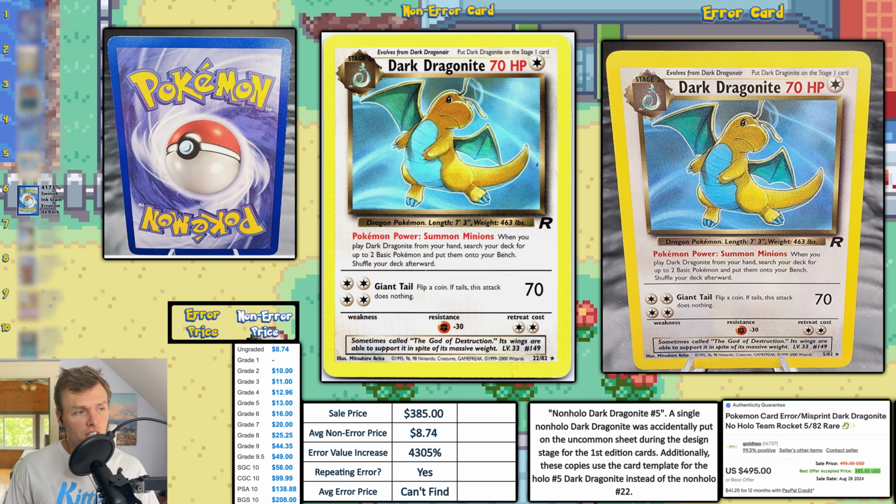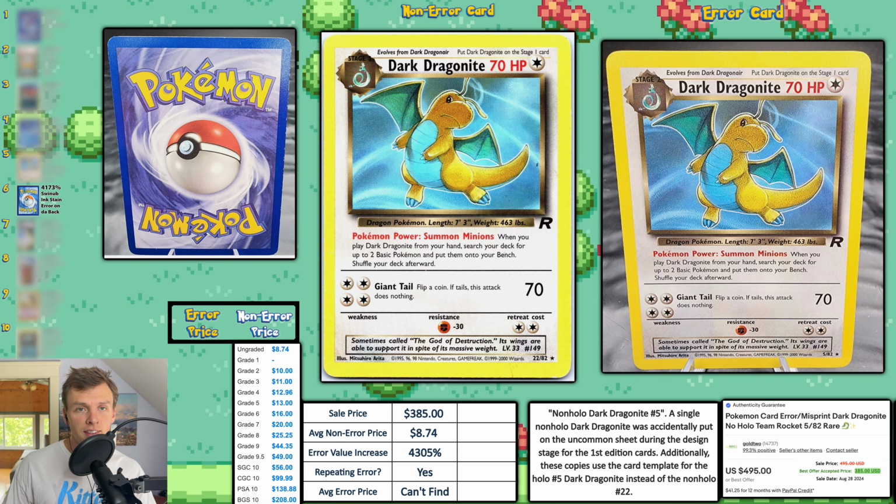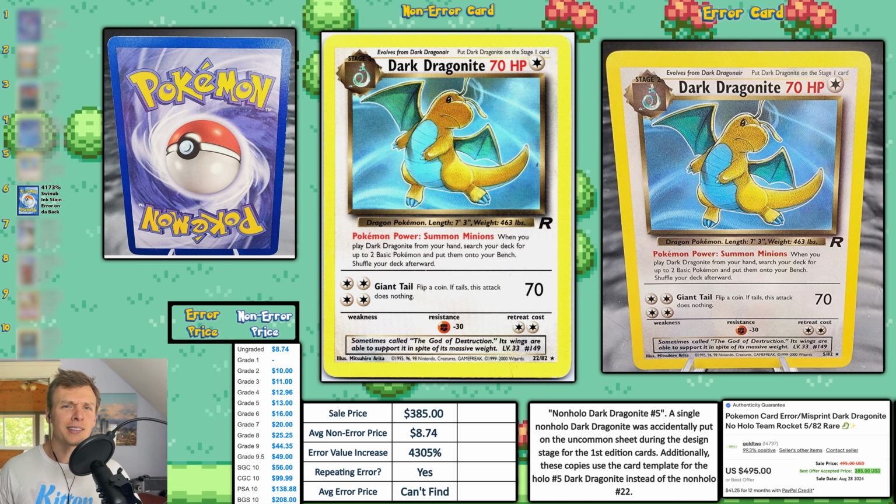This card's in pretty good shape actually too. It will be fun to see if this buyer gets this graded and maybe sells it and puts it back up on eBay, and I can talk about it in a few weeks. We'll see though. Non-error price is $8.74, and that makes the error value increase